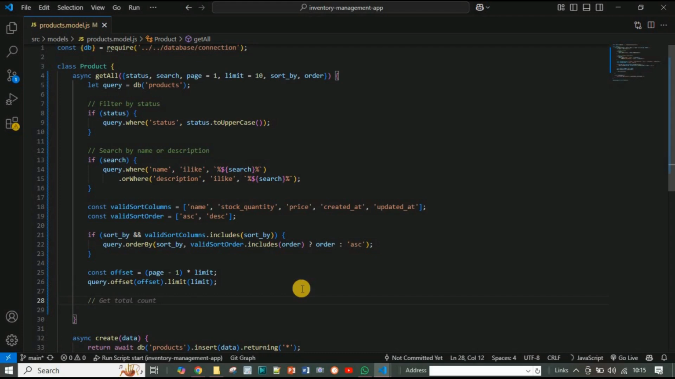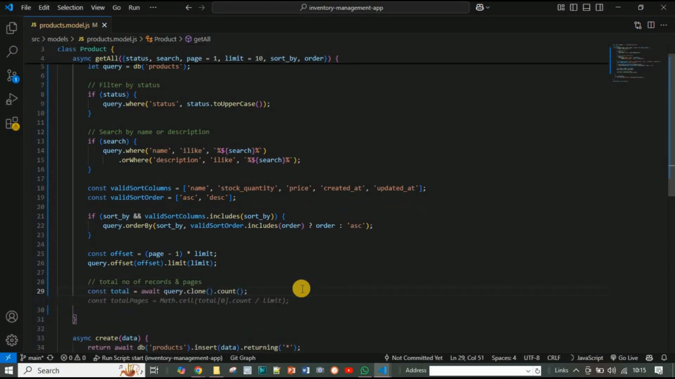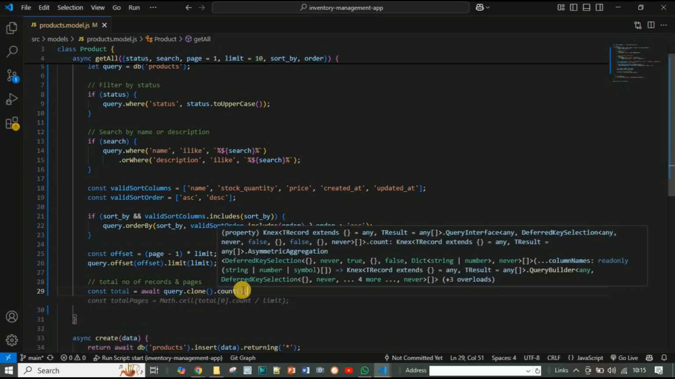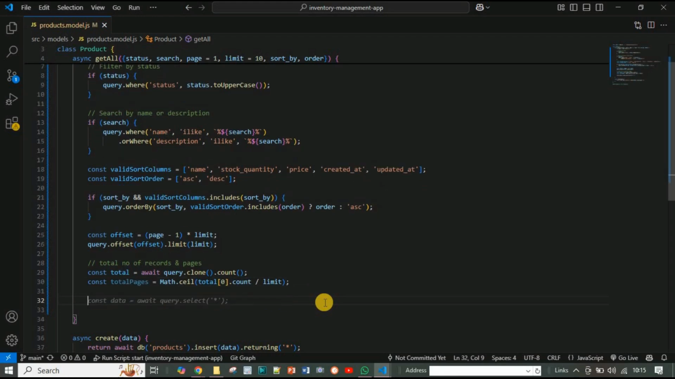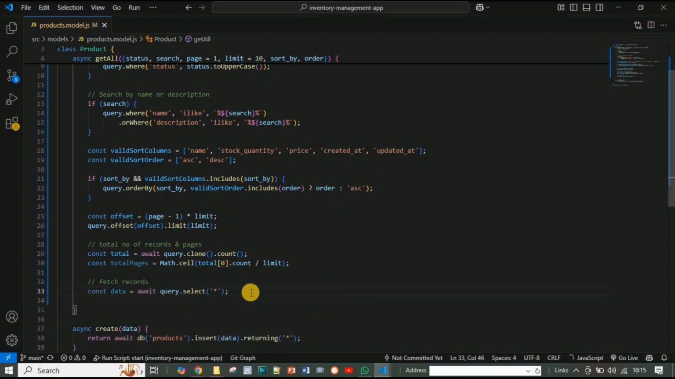Next I will fetch the total number of products and counts, records and pages. So total: await query.clone().count(), and total pages I will have the total count divided by limit. Next I will execute the query and retrieve the products. So fetch records: query.select(*), and next I will return